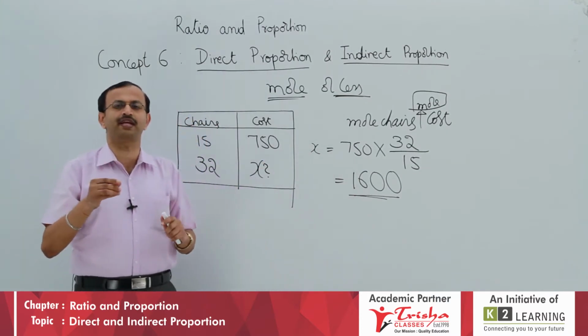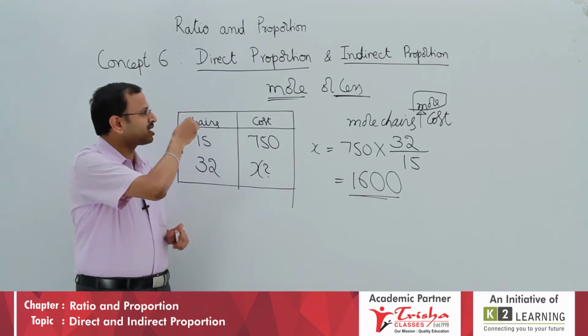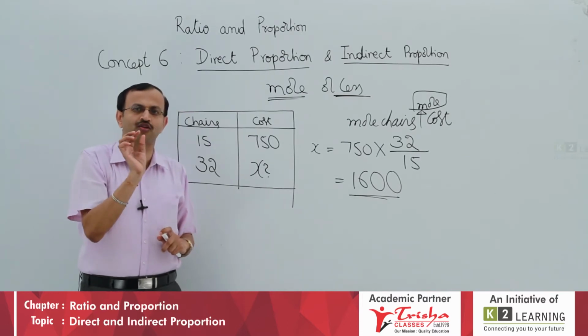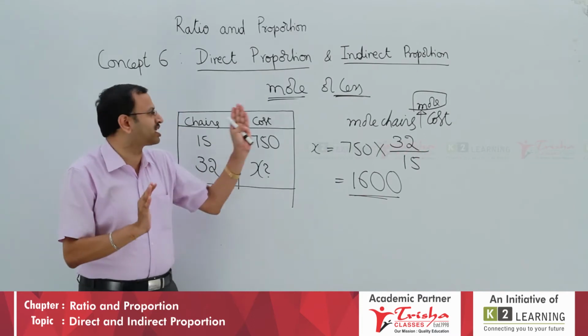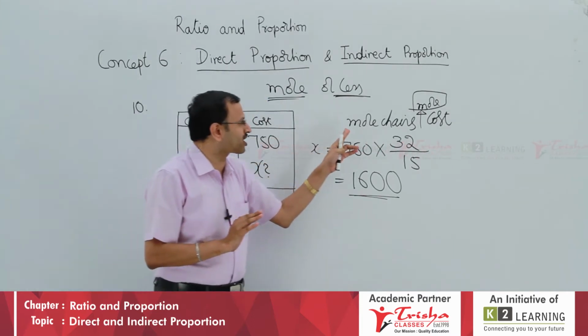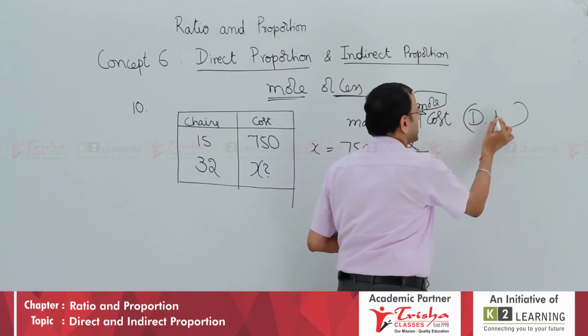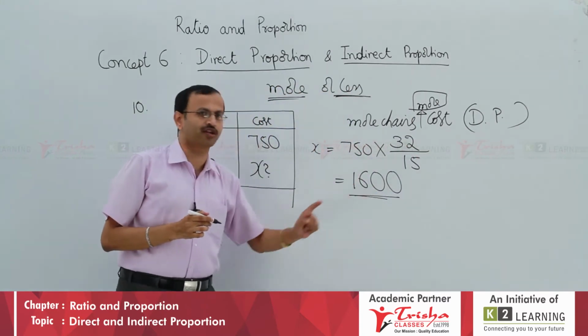This was a very simple example. Student, now we will go for the next one, where there is similar working. You have decided your answer, more or less. With this I can conclude, whether direct or indirect, you have to work only by one logic, whether it is more or less. Actually, if you look at more chairs, more cost, if you want, you can write one line: it is a direct proportion. Fully write direct proportion and you will get the answer.